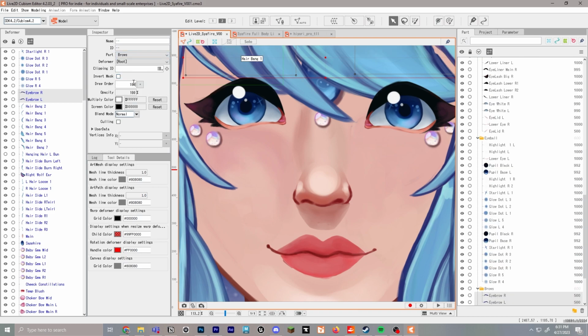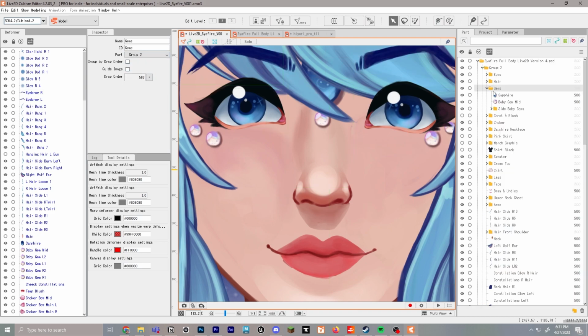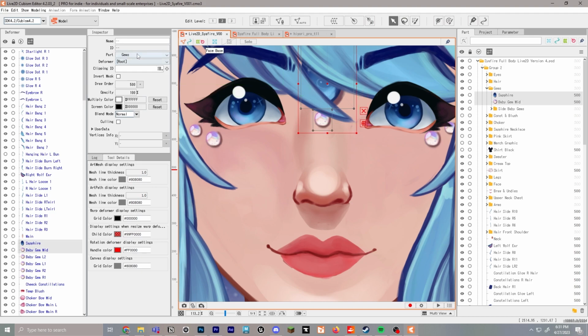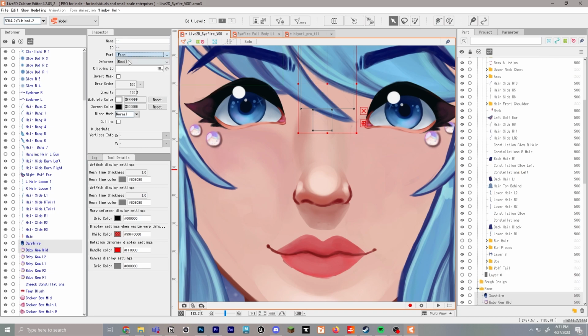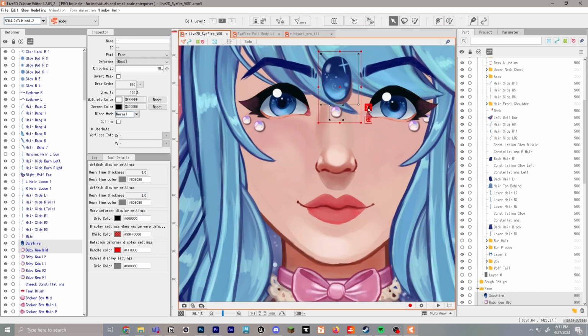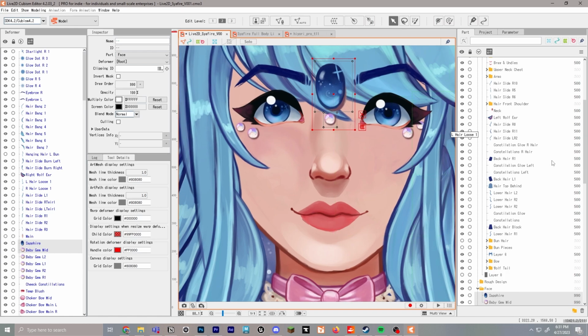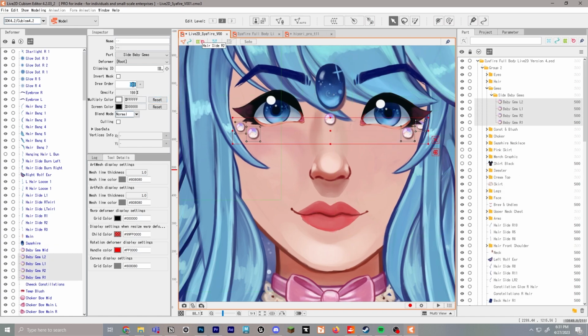And then of course we'll put these on top with a 1000. Next, I'm going to go to the face gems, and I'm actually going to attach these. Any extra face accessories I'd say are usually good to attach to the face, and I want these to be on top again. So we're going to choose 990 for the gems, and I'm going to want the hair in front of the gems, so that's why I chose draw order 990 for those ones. For the baby gems, we'll do the same thing. We'll do 990, and we're going to go ahead and move these down to the face.